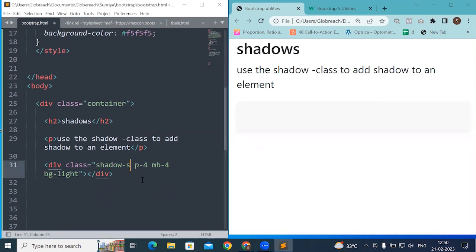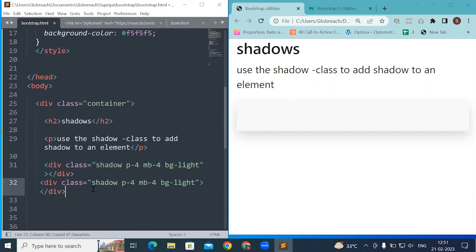If you want to assign a large shadow, we simply have to mention lg. Sorry, here we will mention large, that is lg, and you will get a larger shadow effect. And if you want to keep the default shadow, we simply have to write shadow, reload, and this is the default shadow type. If you want to observe the difference between all the four shadow types, simply we'll